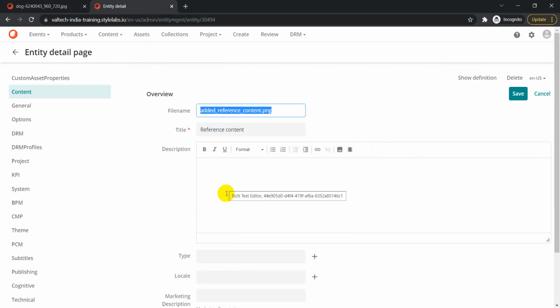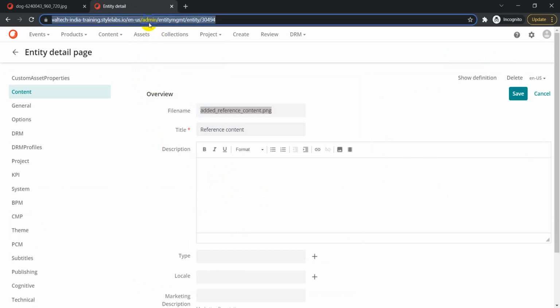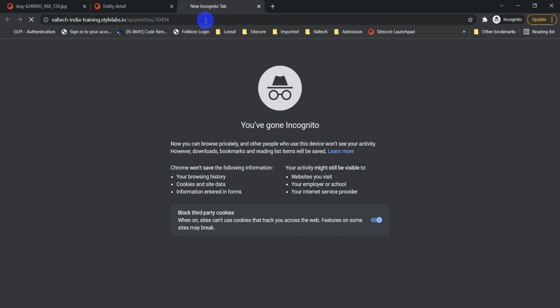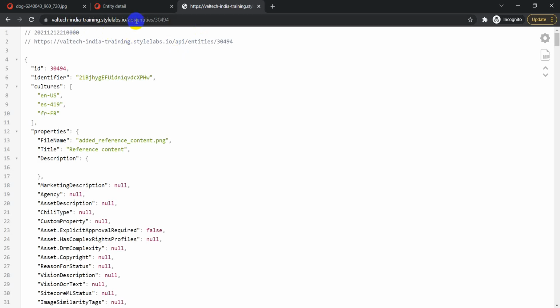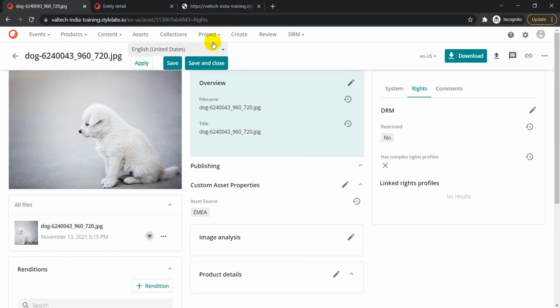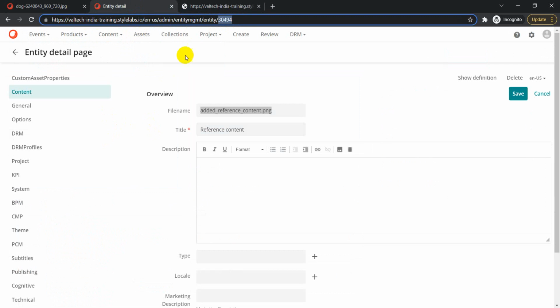There is one more view which you can use, and that is an API view. For that, let's quickly change this to API slash entities. And if I go here, what we see is an API view. This is the important part here, right? This is an entity. Whatever we do here, we get this entity ID on the URL, like 30494 in this case. And here also we see 30. I think this is a different entity which we have opened, and this is a different entity which we have opened. Yeah, but whenever we open a specific page in Content Hub, it comes with an entity ID,